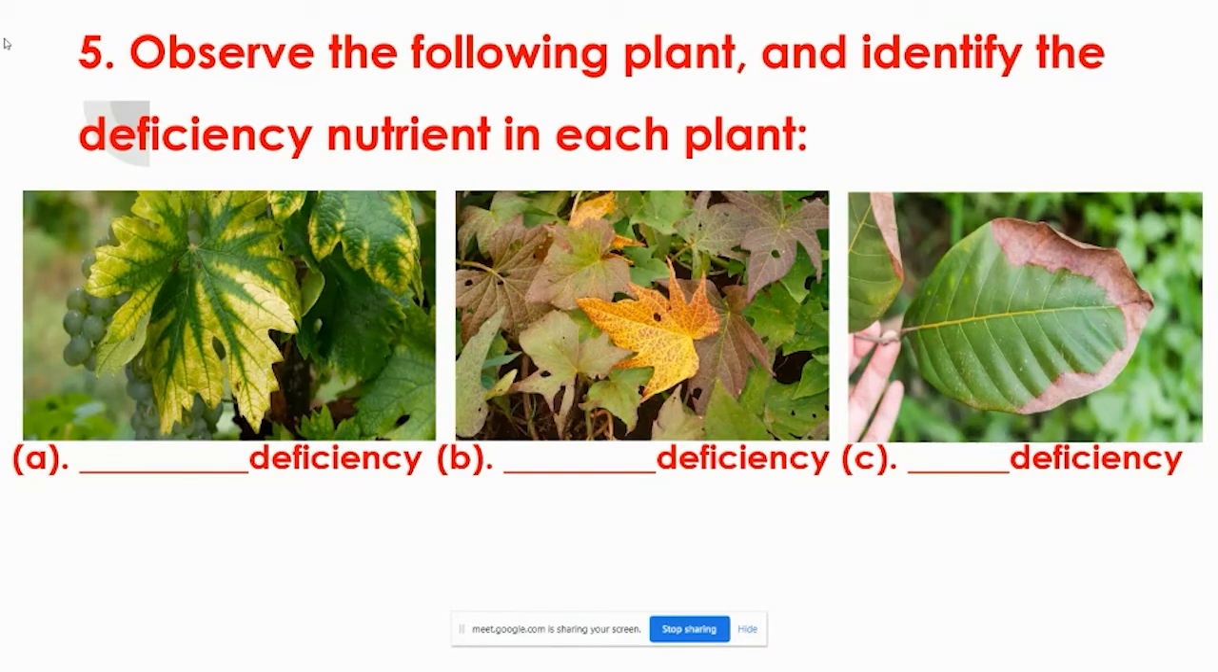We have picture A. So through the symptoms on the leaf of the plant, you have to tell the